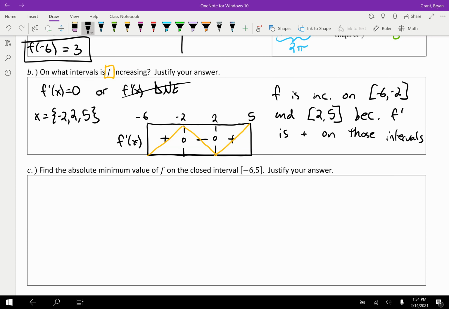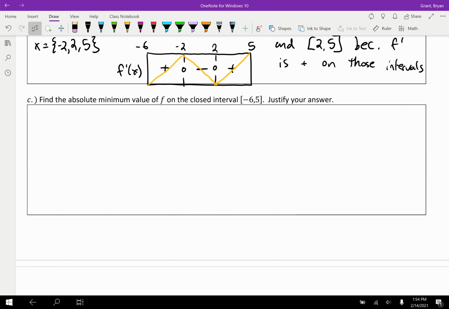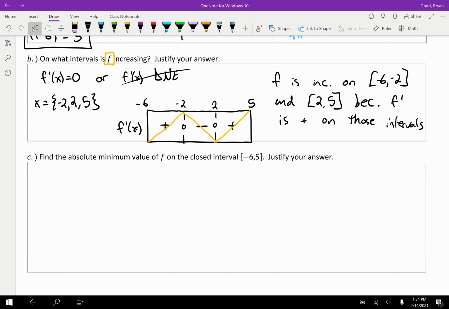Easy. Last but not least, part C. Find the absolute minimum value. Oof. This one could be a little bit trickier. Now, the nice part is we already have a sign chart, so that's going to give us some initial analysis here, right? Looking at my sign chart, I can tell that f of x, which I did in yellow, is